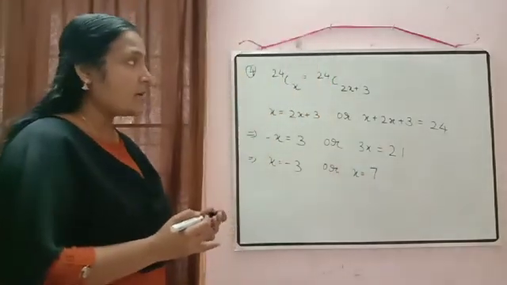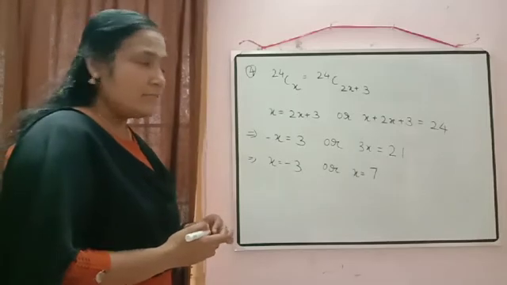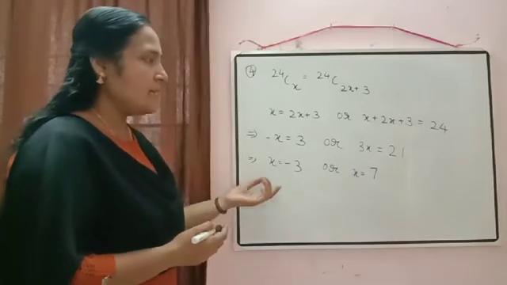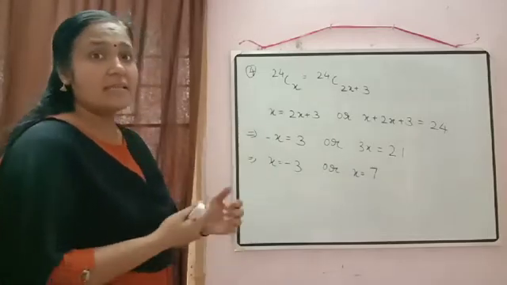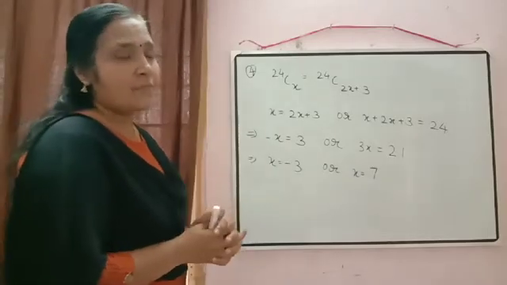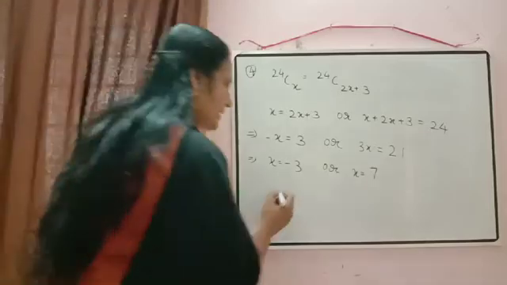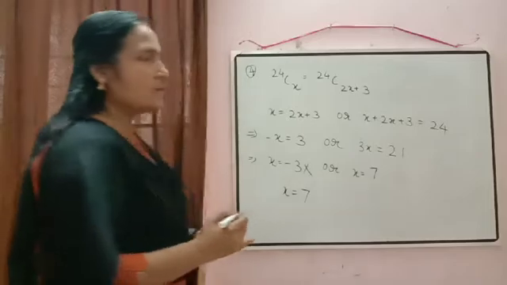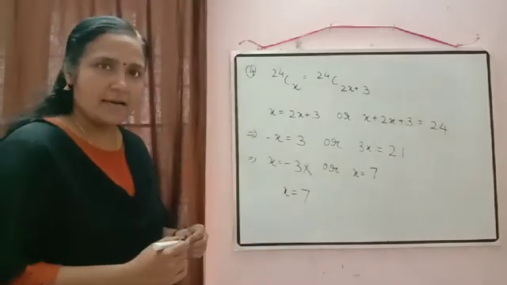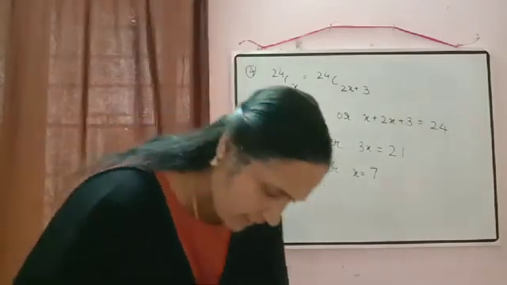Which one we will take? Yes, obviously we will take x is equal to 7 because the concept of factorial is used only for natural numbers. So directly we can write there, this value is not possible. Therefore, x is equal to 7. Clear? Okay. Then write the next one.